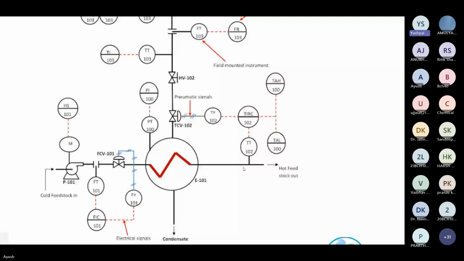After the pump you can find FT101. FT is a flow transmitter. Then you will find another dotted line connected to FT, which goes to FIC101, a flow indication and control. From FIC you will find a dotted line again to FV101. FV is a flow valve, and you can see it connected to FCV101 through